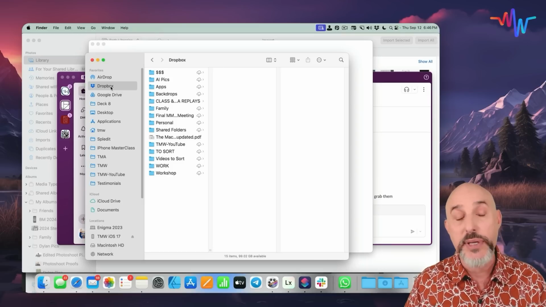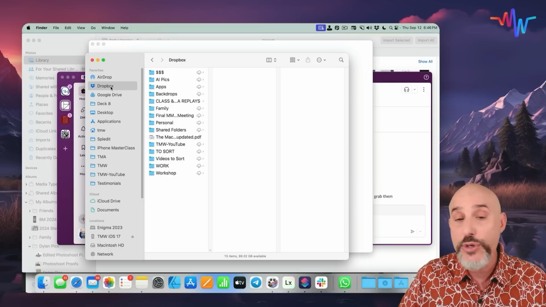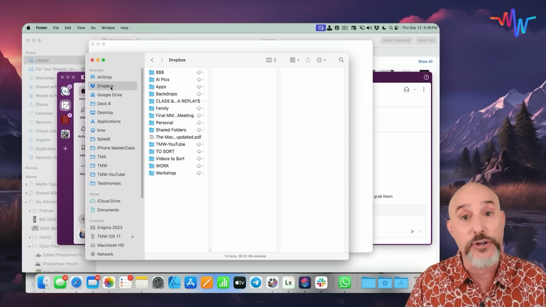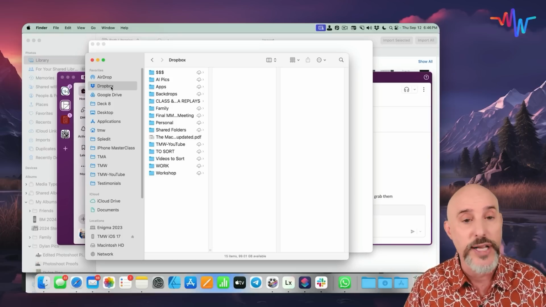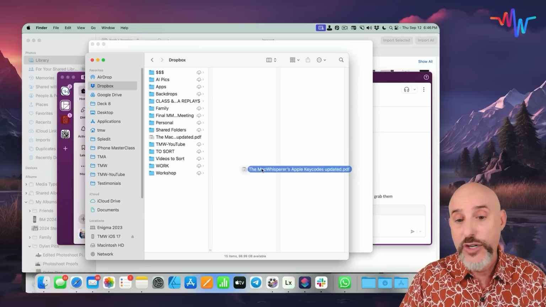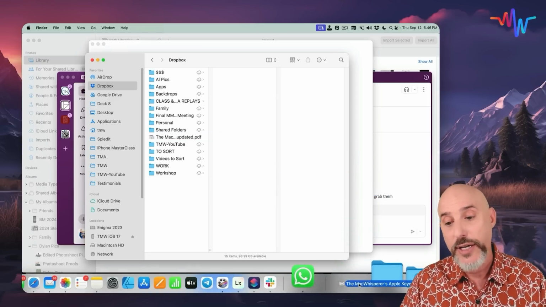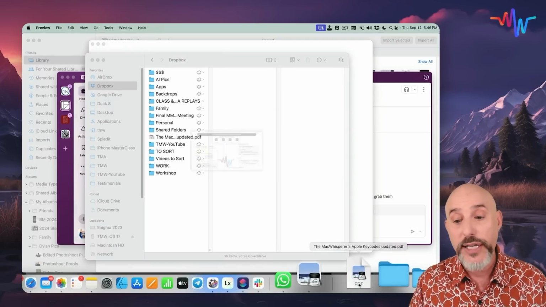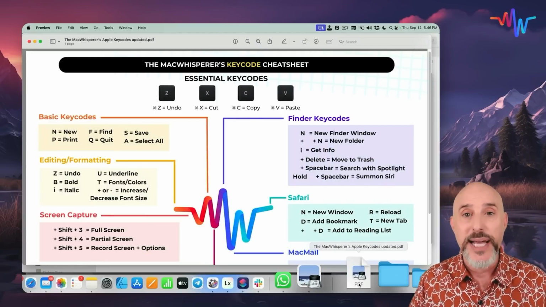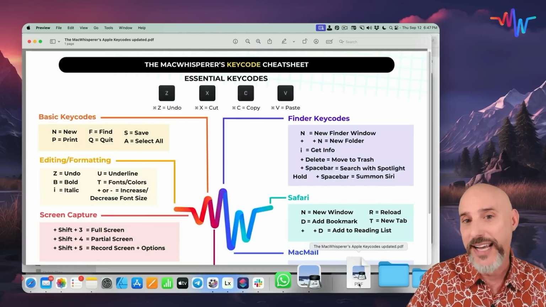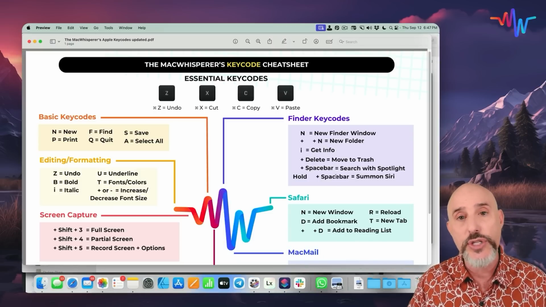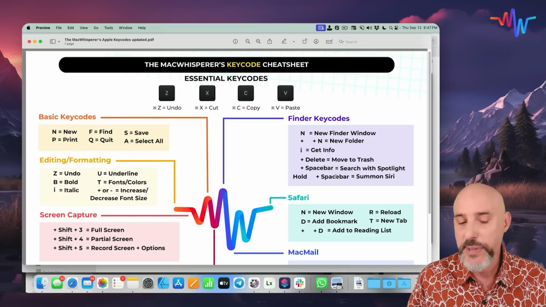So if there's a document that you're constantly searching for, something you use every day, maybe you've left it on your desktop, or maybe it's in Dropbox or iCloud, and you're constantly trying to find it, simply grab that document and drag it to the right side of the dock right here. Then that document will always live on the dock, making it one click away for you to quickly open it up and do what you need to do without searching and without even needing to be on your desktop. It makes it so much easier to use the dock for your folders and documents because the dock